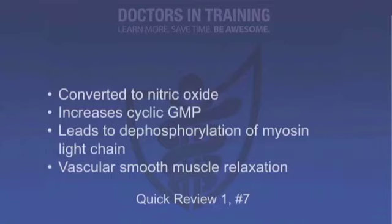Number 7, at the cellular level, by what mechanism do nitrates relieve angina? So this is important to know, highly testable. They are converted to nitric oxide, which increases cyclic GMP, which leads to dephosphorylation of myosin light chain. This results in vascular smooth muscle relaxation and vasodilation, and again, preferentially in the venous side of circulation rather than